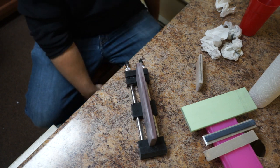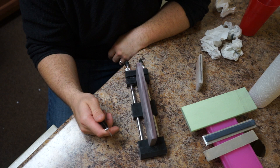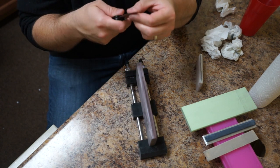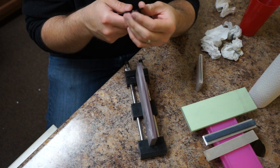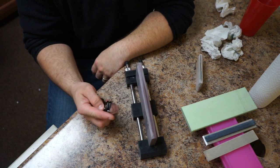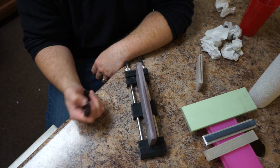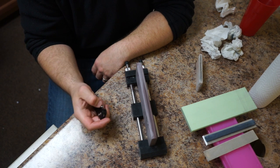Now, if I was not going to videotape this and take my time doing it and really concentrate, I would stay on the 5000 longer, and I'd use a coarser strop. Like I'd use probably a 5 micron and then 3 micron and then a 1 micron, or maybe just go 3 micron and 1 micron. But